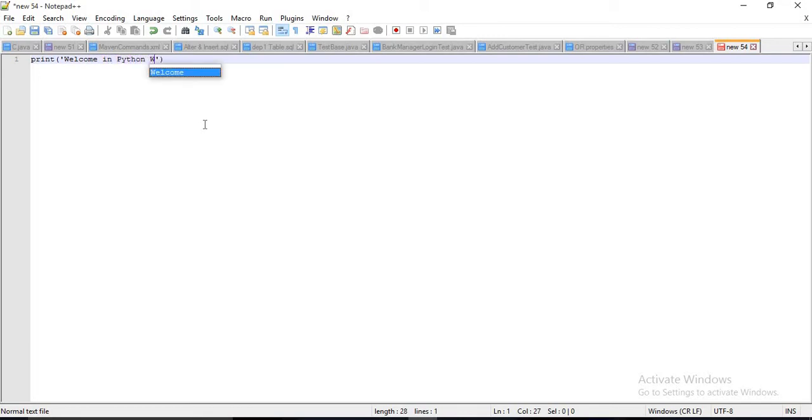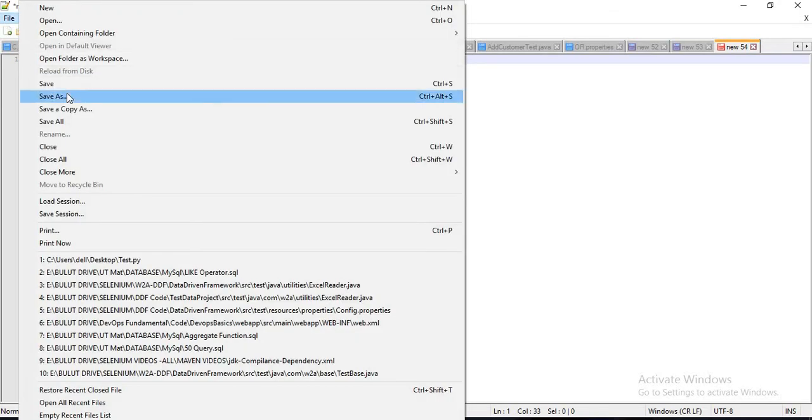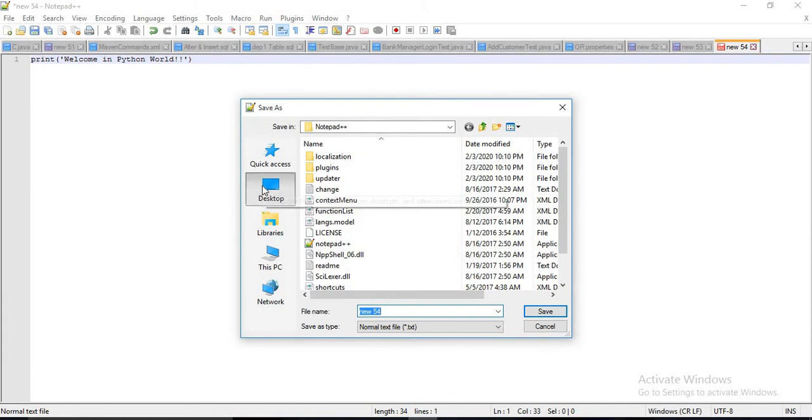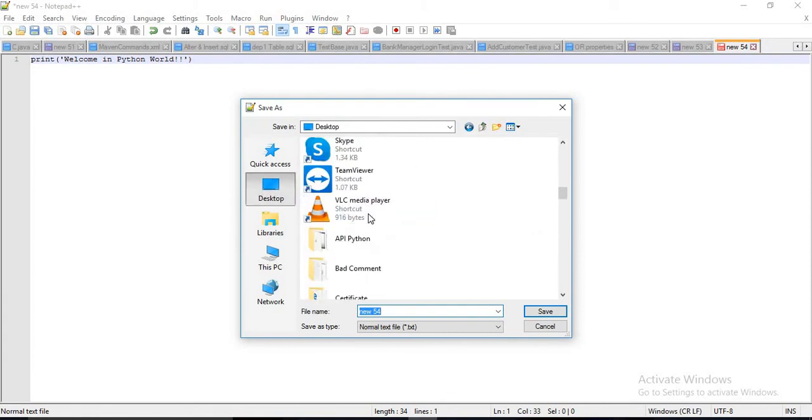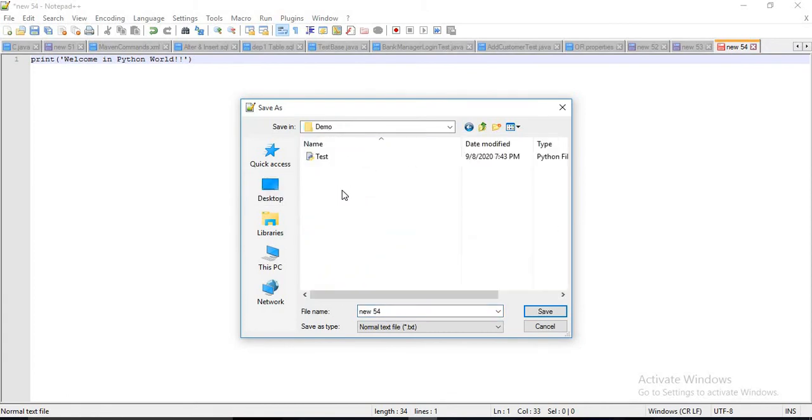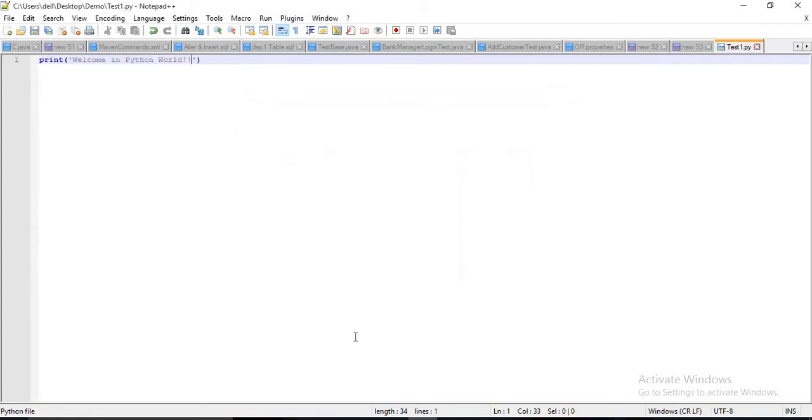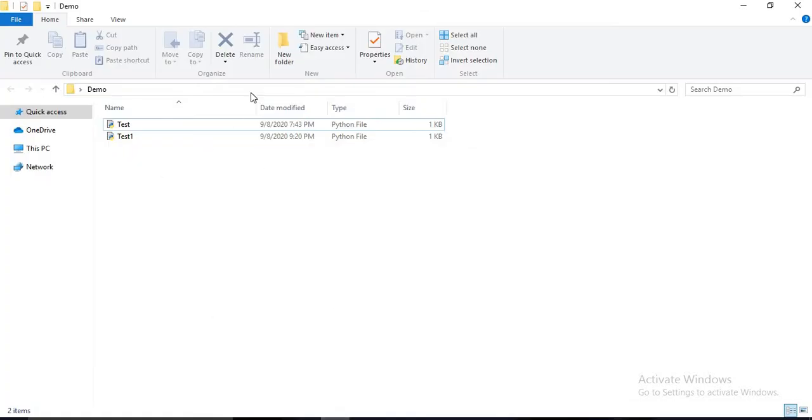After that we have to save this one, with the name test1, test1 dot py extension. If we are running from Notepad, then we have to save specifically with the .py extension. Save this one and go here.